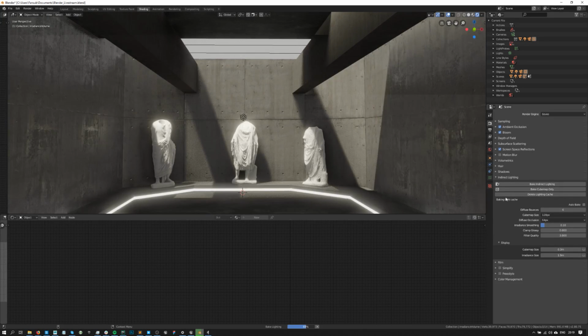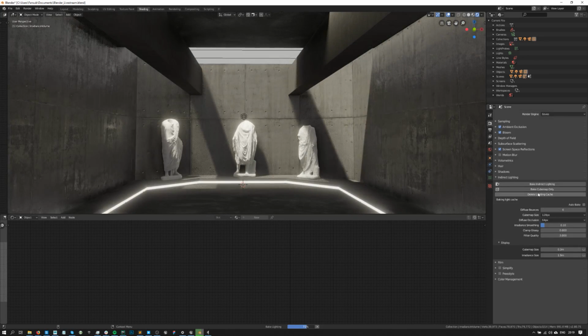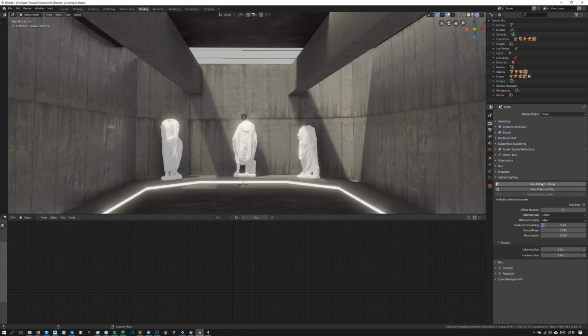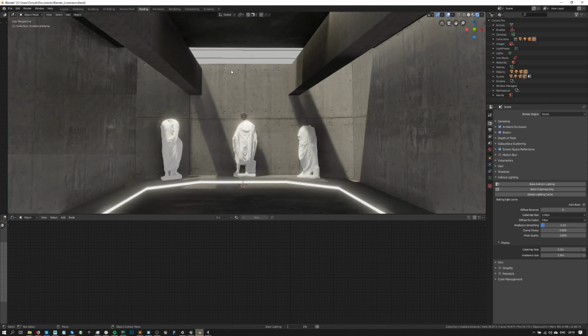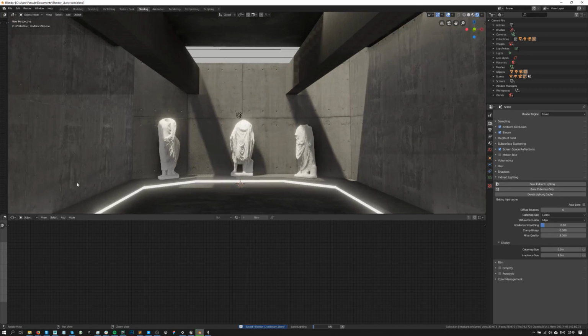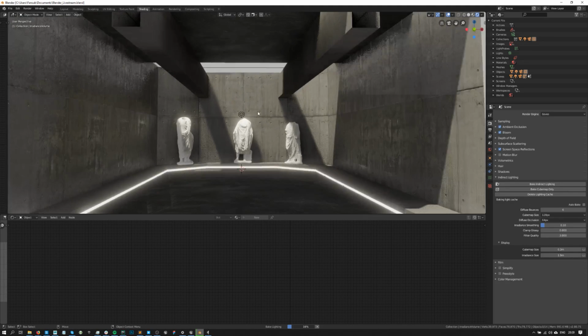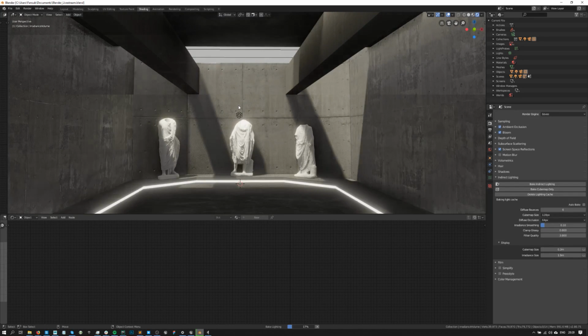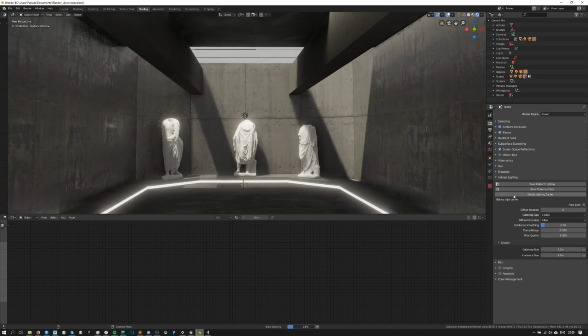So now that I baked my irradiance lighting, you can go back, by the way, and delete it if you don't want it, and bake it again. It's a fairly fast process. Actually, let me just save my scene right here, and I'll just double check. The update, actually, I had this sometimes even for a whole day when I'm leaving my computer. That's how I knew it was kind of buggy. Sometimes it just lasts hours, sometimes it's 2 minutes, and then it doesn't do this anymore. But yes, so